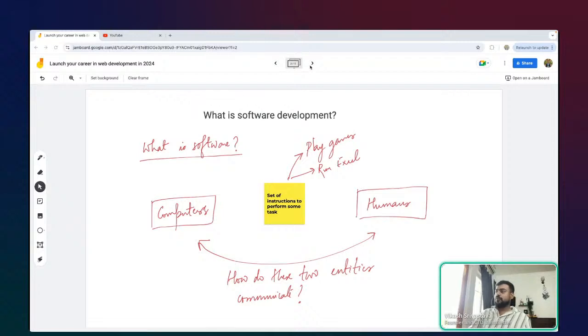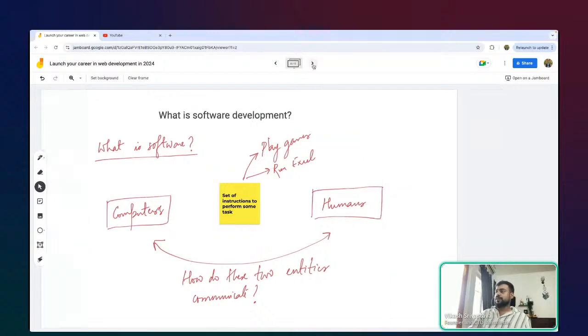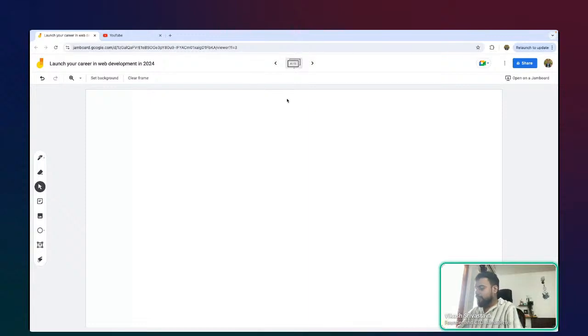Okay. So now I want to ask another interesting question, right? What are the kinds of softwares that we know? Where are we running softwares? Can we understand some examples? We are surrounded by so many devices around the world where we are running some software essentially, right? So what do you think? Where are we running softwares? कहाँ कहाँ पे run कर रहे हैं आप बताओ, कुछ idea है, right?